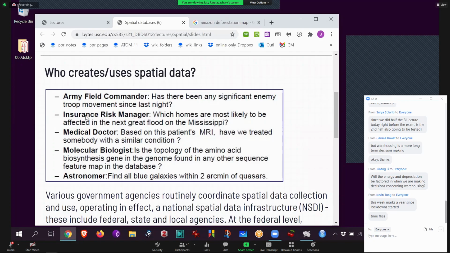So how do you then assess what the risk is? You literally plot that address on a map and then have a radius for the river and say, do they live within the flood zone or not? Literally how that's done. Even a doctor, like all your internal organs are actually spatial, the heart's in a certain location, so is the brain. And so the MRI data is also spatial data. Even DNA, the DNA molecule, right? It's a very specific sequence of atoms. You should think of it as spatial data. It's very interesting, these things that we normally don't think of as spatial data.